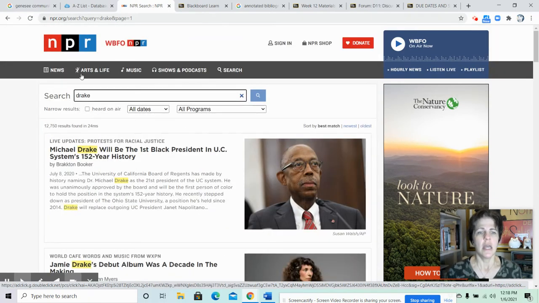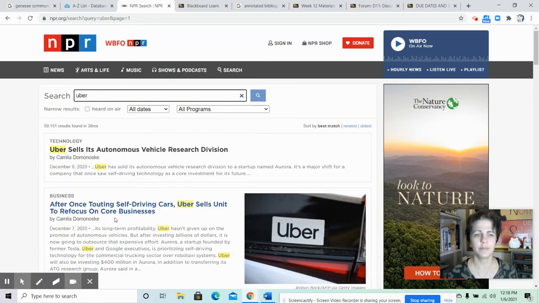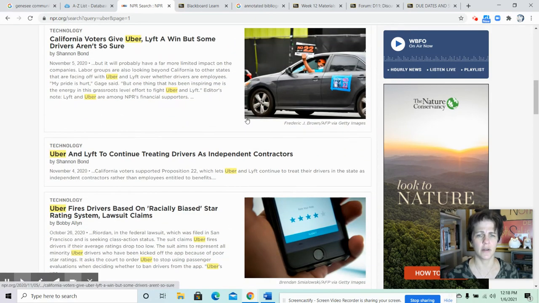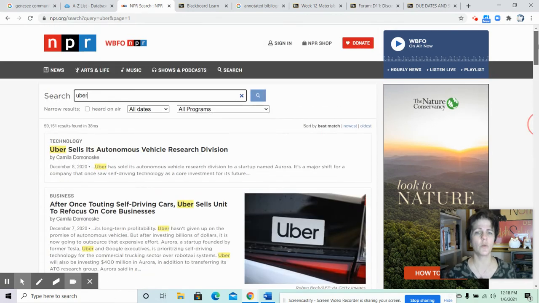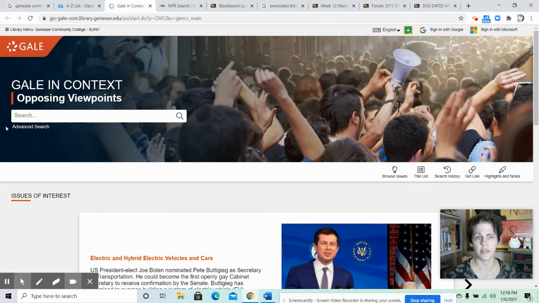Okay. So once you're in here and you look for your topic, I put in Uber. I didn't even hit enter and it already came up. They have everything in here. So NPR is an excellent source because let me summarize. What they have done here is they've created radio programming where they talk about all this, and then it ends up in the databases. So a lot of what you're going to find when you're in Opposing Views is coming from NPR anyway. So you're just skipping the middleman, and instead of going to the databases, going straight to NPR.